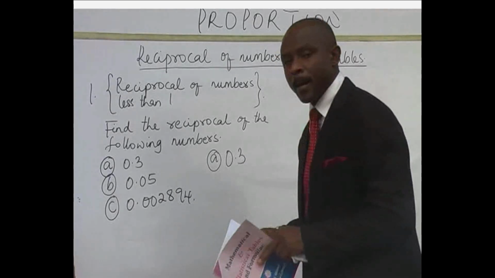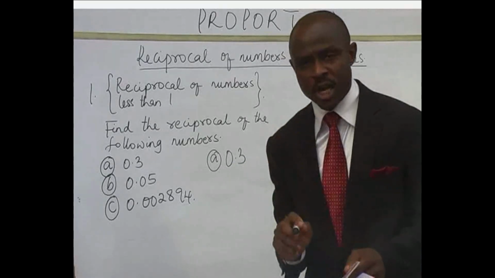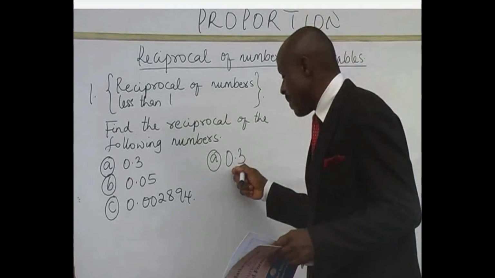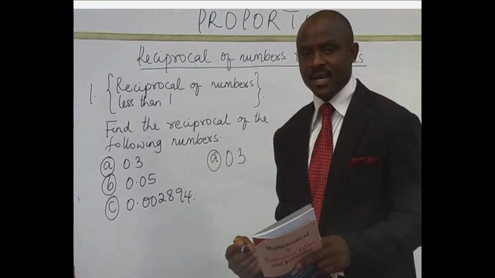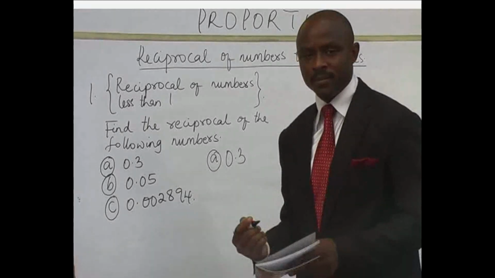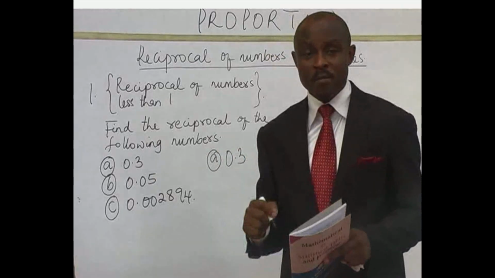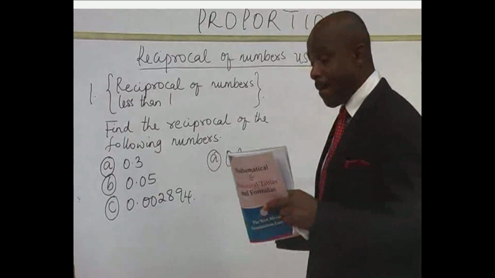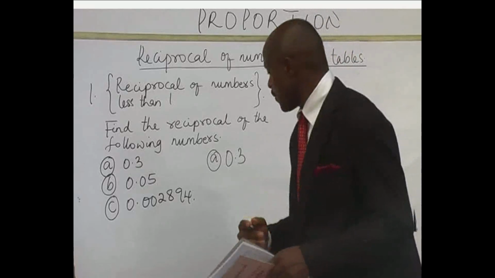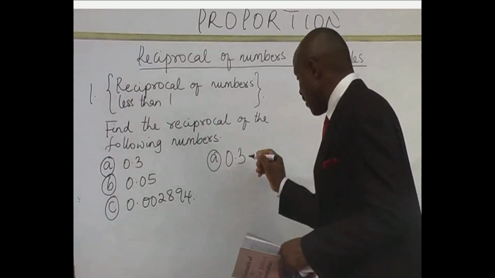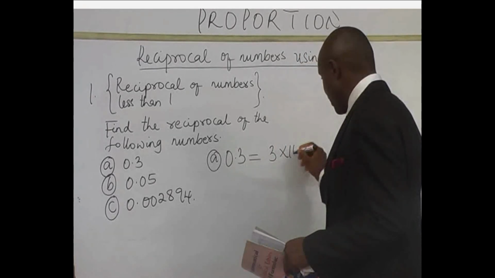Find its reciprocal. When you are given something like this, what you are going to do first is change this number to a standard form, or rewrite it to be in standard form. That was why I first treated standard form before this topic. I believe you now know how to write numbers in standard form. So if this number should be written in standard form, it will become 3 times 10 raised to power